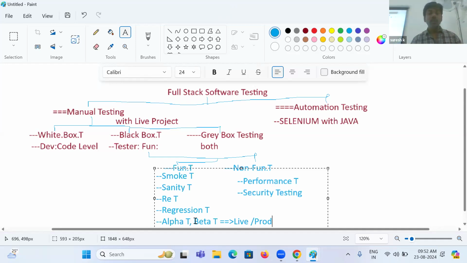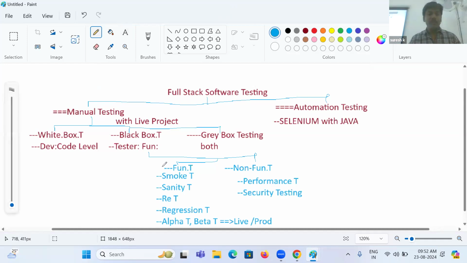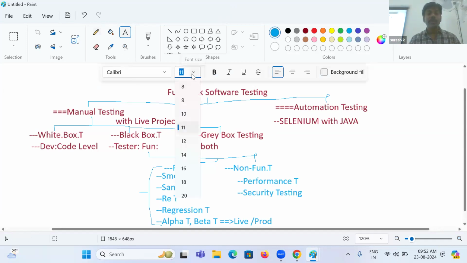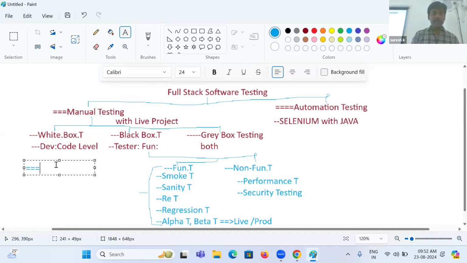Okay. Now, not only these things, still a lot of things are there. N number of testings are there. I'm just giving the main terminologies. Slowly in coming sessions, you will understand all the things in much more detail. Now, all these testings, whatever things are there, we mention that we are taking one live project, right? So that live project, you are following the steps of